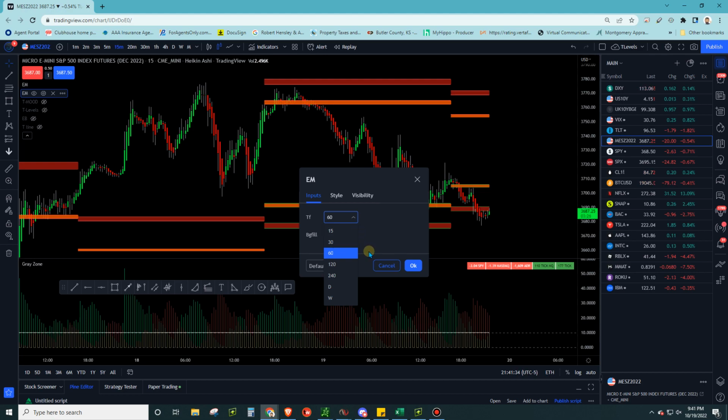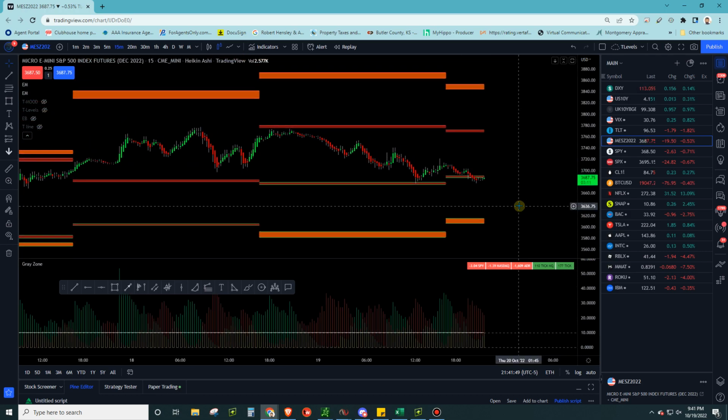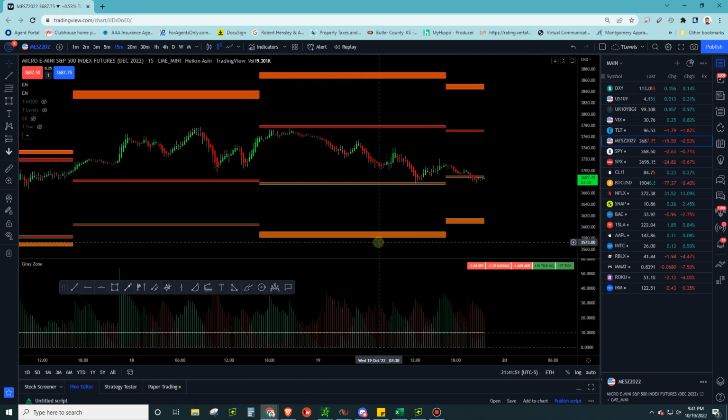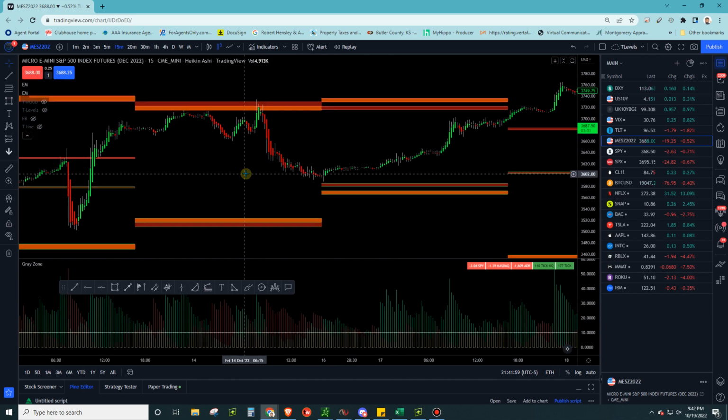And so I want to see the higher time frame expected ranges, but I don't need to see the daily and weekly, so to speak. It just kind of depends. Sometimes I'll change it up just to see where those are. But if they're really far away, like here's the daily for tomorrow, I'm not really that interested in trying to trade off of those because it's so far away. We don't really trade to those levels very often.